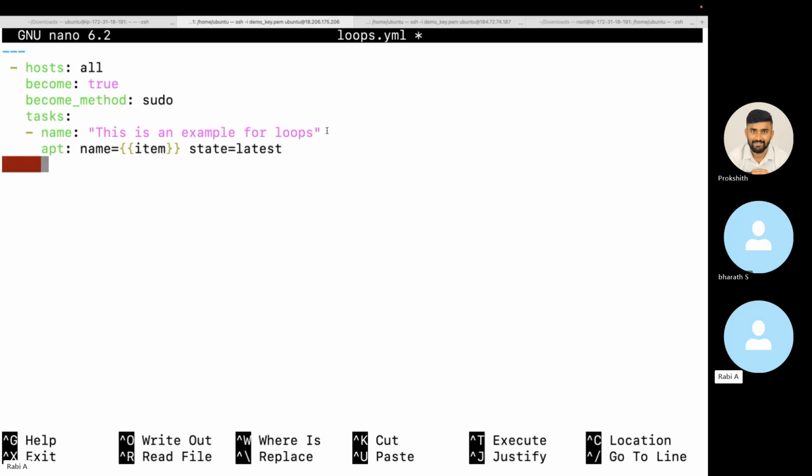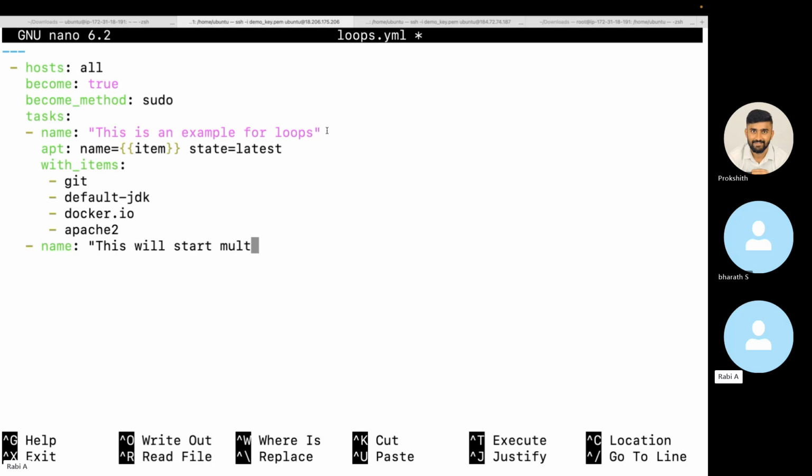And then here we will say with_items, the items that we want. So let's say I want Git, I want Java, then let's say I want Docker, then let's say I want Apache 2. So we are doing a loop now, right? Likewise, let's add one more task, and let's say this will start multiple